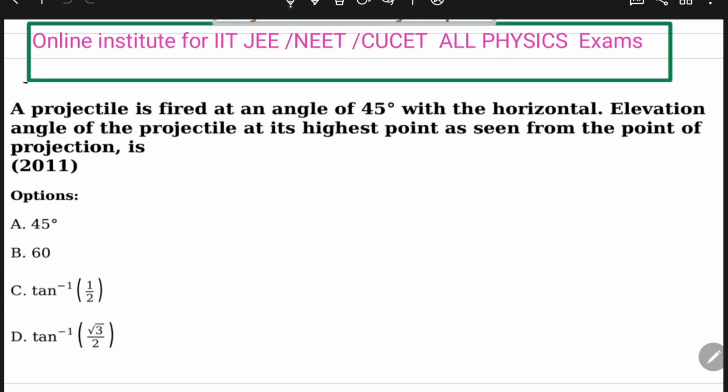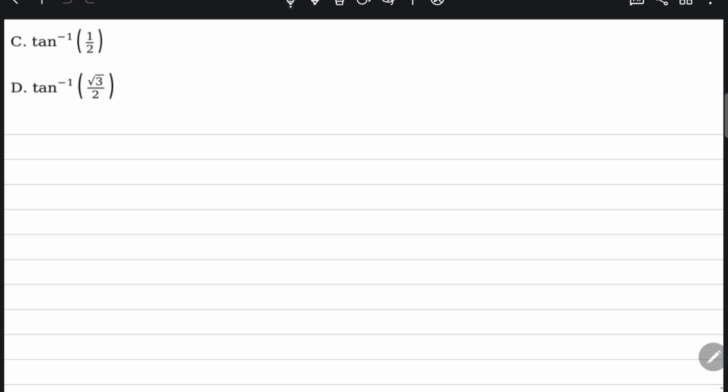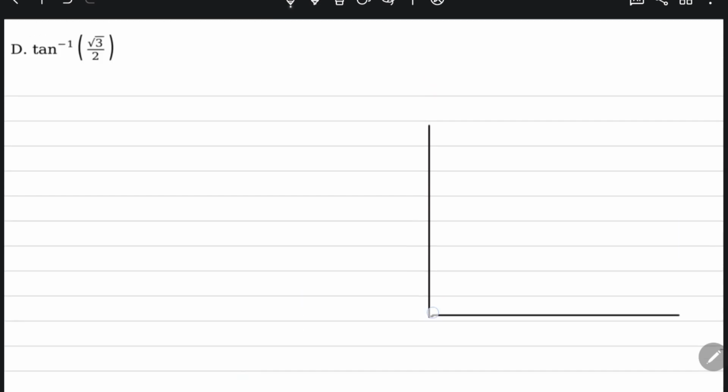A projectile is fired at an angle of 45 degree with the horizontal. What is the elevation angle of the projectile at its highest point as seen from the point of projection? This is a really good question. This is, I think, a JEE question. So I solve this question. This is quite a good question. See,